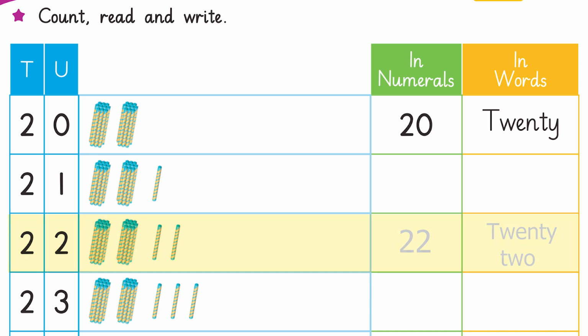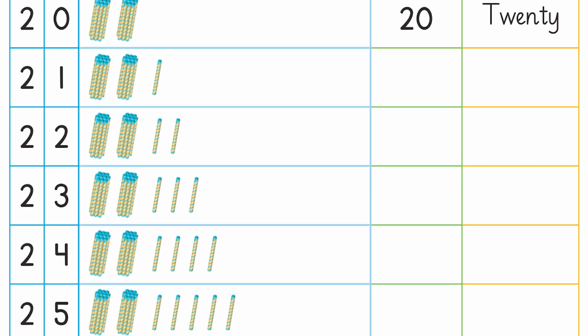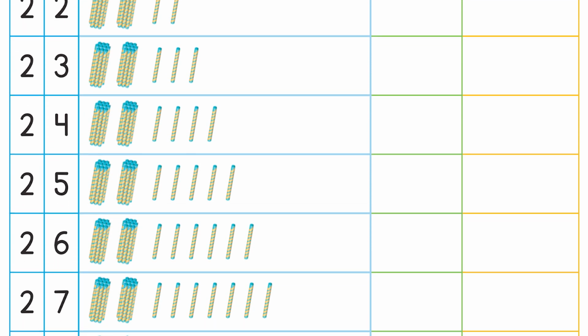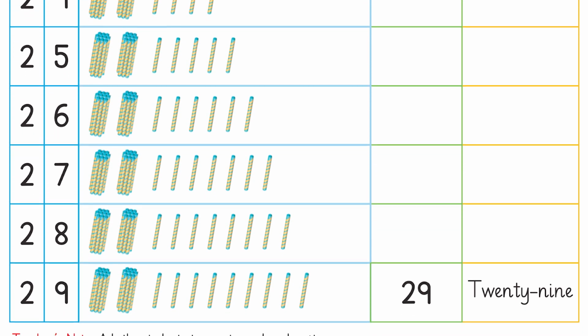10, 20 and 21, 22 here in numbers and here in words। TWENTY TWO, and same goes up till 29 in numbers over here and in words over here।